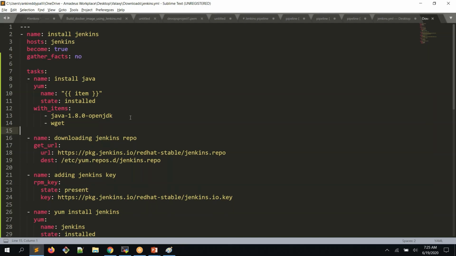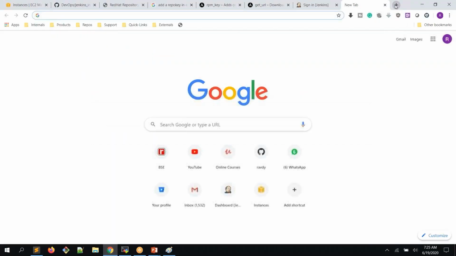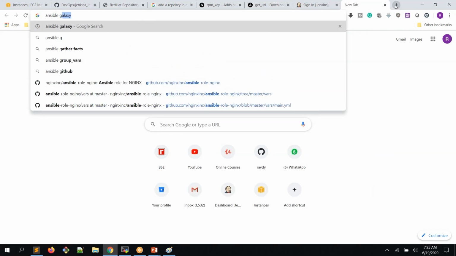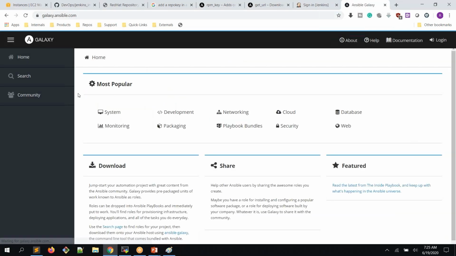Now, if I want to get any roles that are already written and utilize them, where can I get them? That is where we get Ansible Galaxy. If you search for Ansible Galaxy, it is a public community for sharing your Ansible roles. Here there are multiple options. Which playbooks do you need? You can choose that particular category and search for that playbook. Let's take an example that I need a Tomcat installation playbook. It is something related to web applications. So if I go here,